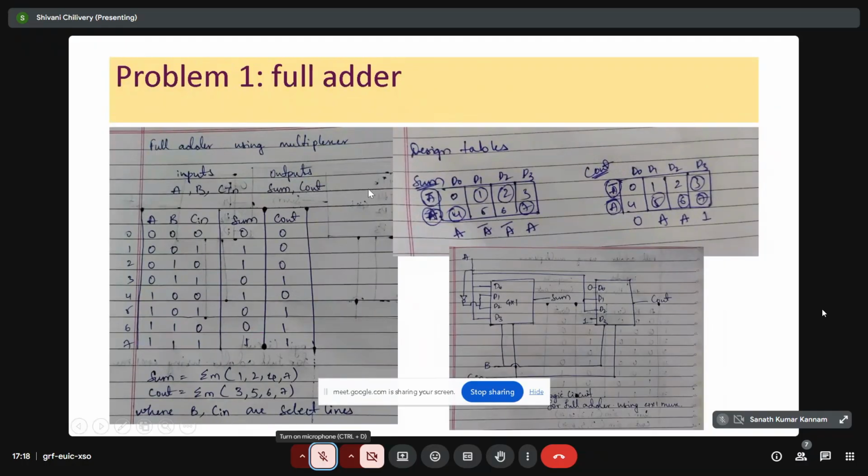The first problem is a full adder that I have done using a multiplexer. For a full adder, you have three inputs, A, B and C in, and for outputs you get sum and C out, that is carry out. You draw the truth table of the full adder, then take the minterms of sum as well as the minterms of C out. There you have to design the table of sum and C out. After you get the expression for sum and C out, you can design